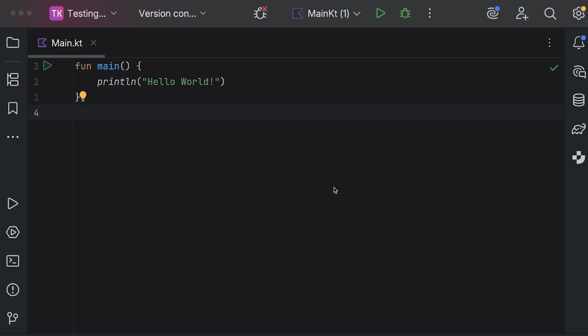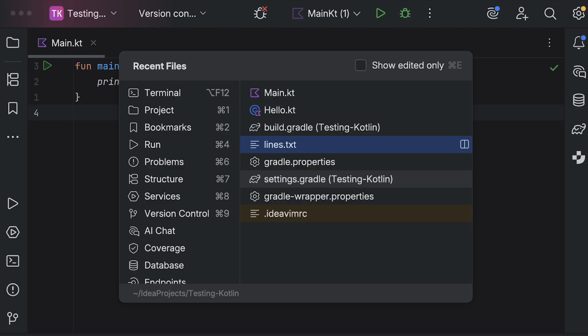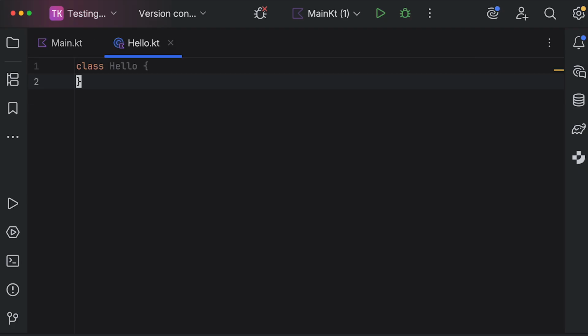Alright, so another way we can navigate between our files inside of our IDE is using the recent files feature. On Mac, hit Command and E, or on Windows, Control and E, and it'll open up a dialog like this, where you're able to see all your recent files you have opened inside of this project. You can navigate through them using the arrow keys, and when you find one, hit Enter, and it'll take you